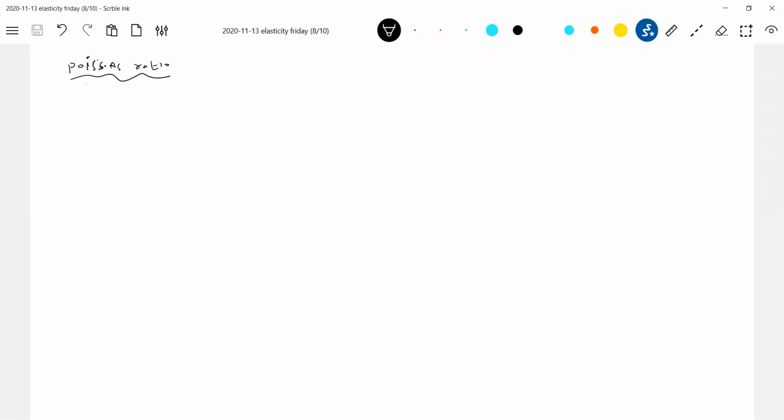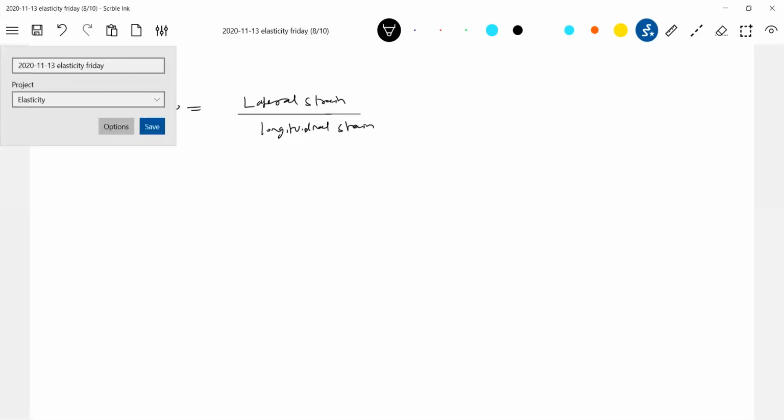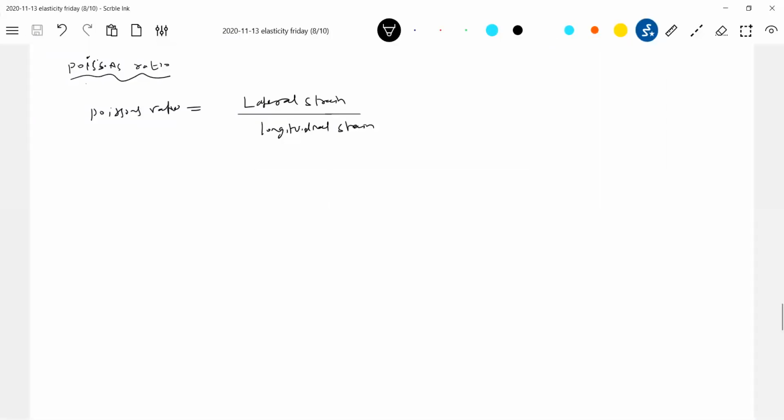So it's defined as Poisson's ratio. We'll define this as lateral strain by longitudinal strain. It's just a ratio, so it will not have any dimension, not have any units. Like this, we define it. So the symbol is what? Mu. Some books take sigma. Let me take mu because sigma is what we use for stress, otherwise you get confused here.